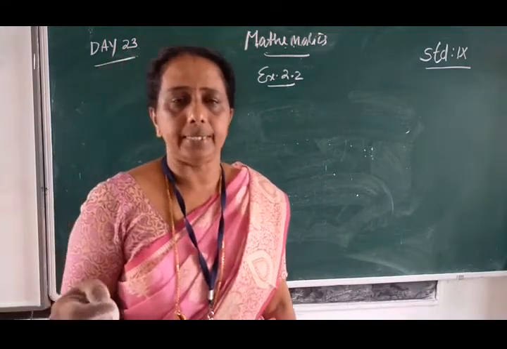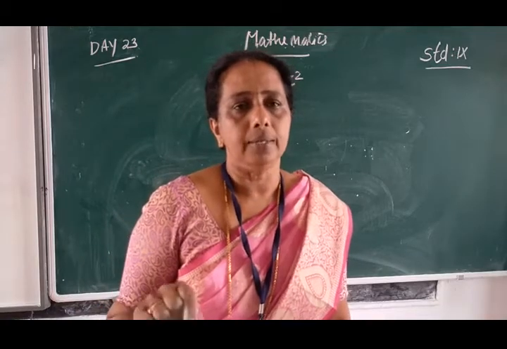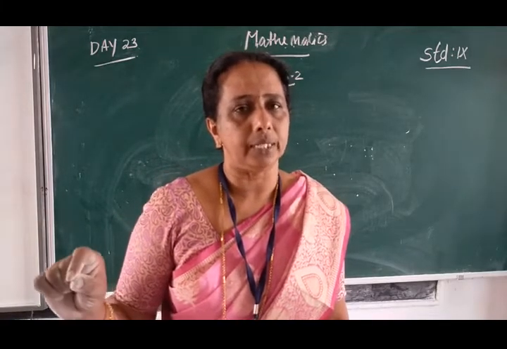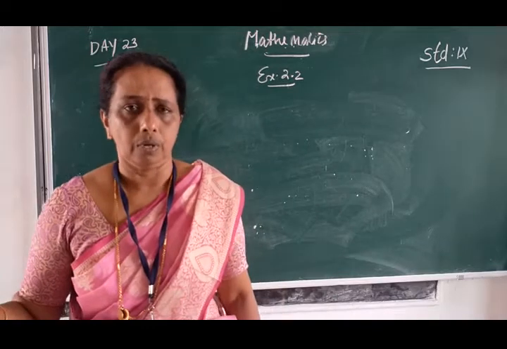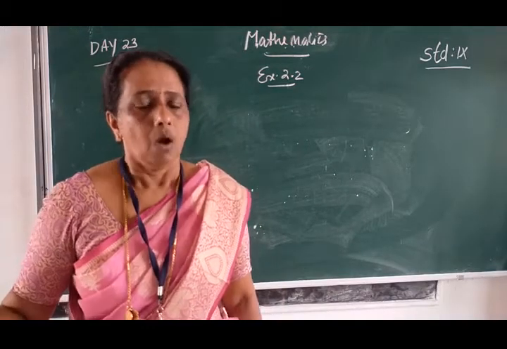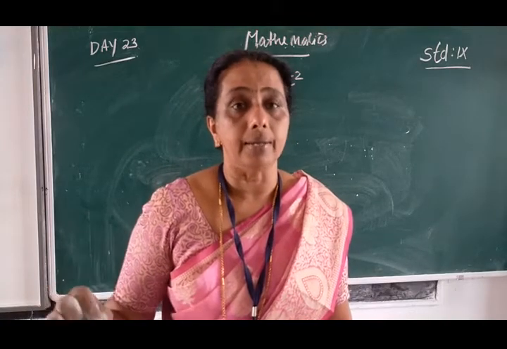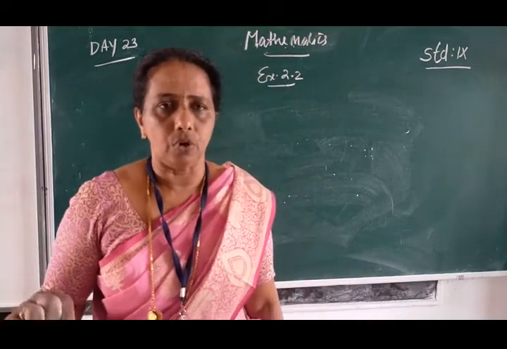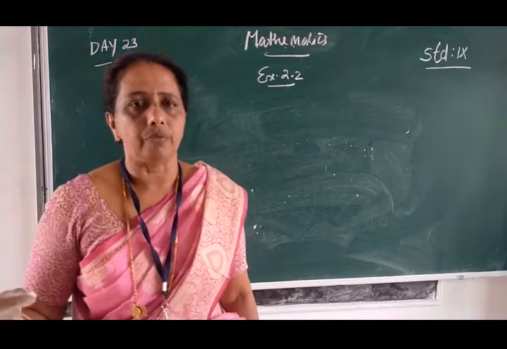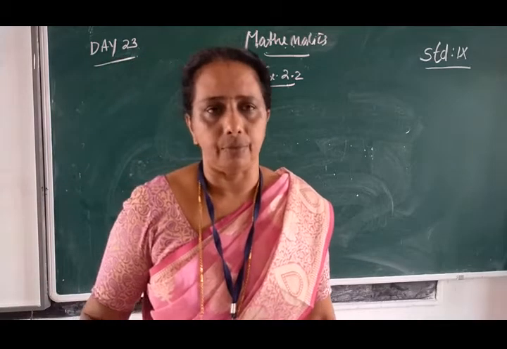Either equating that polynomial equal to 0, the polynomial equation we write that is equal to 0, then find the value of the variable. Or we can write the 0 of a linear polynomial is equal to minus b by a, minus of constant divided by coefficient of x. Any method you can follow.